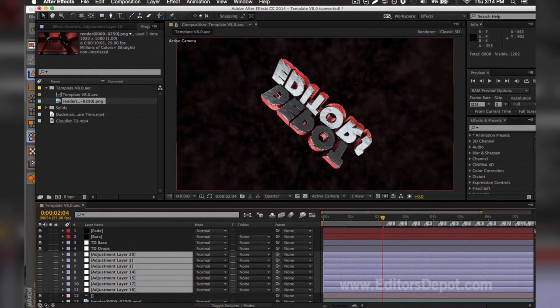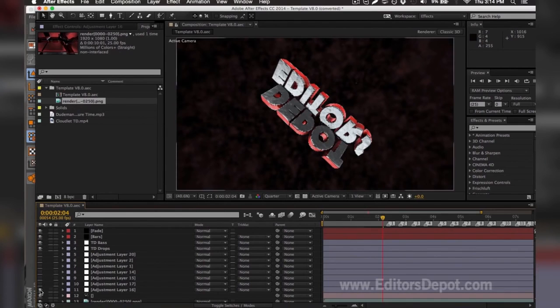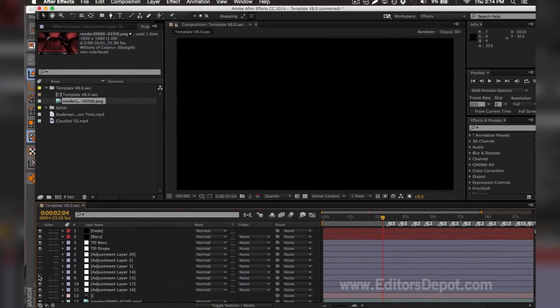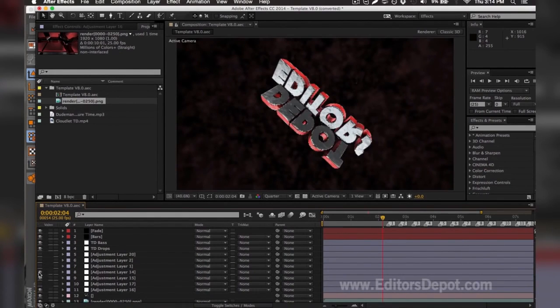As you can see here, one of the adjustment layers within these messed up the entire render, so I'm going to turn them on one by one. That one's fine, that one's fine. This one's the problem here. So you make sure you turn them back on,